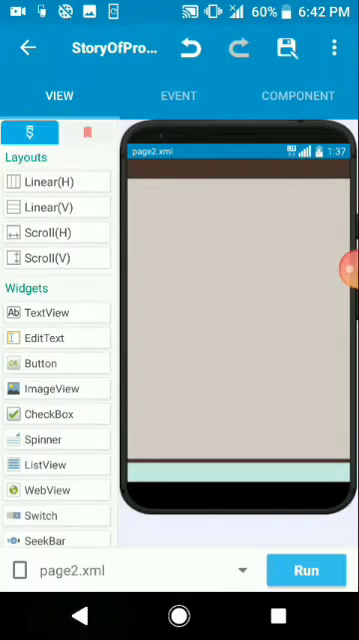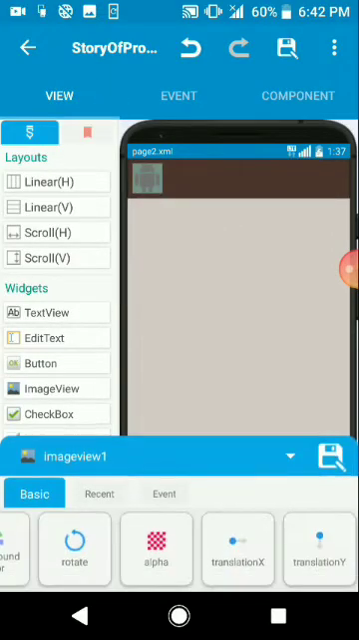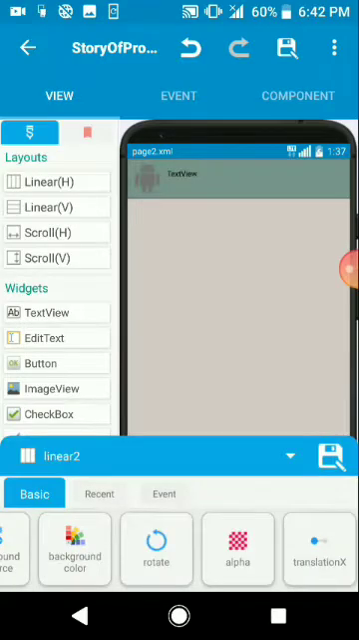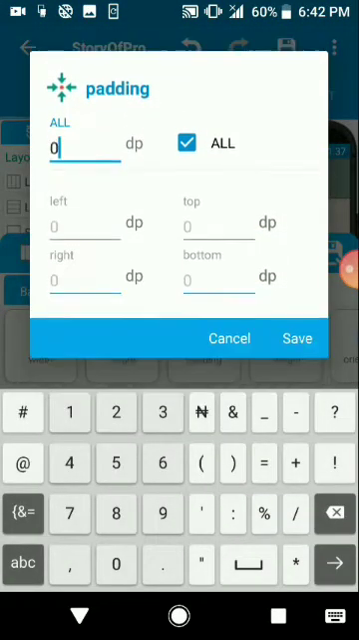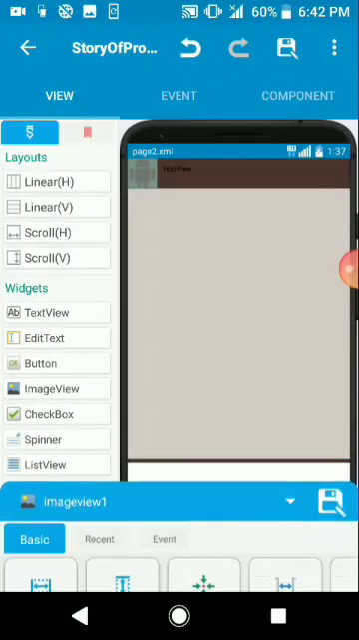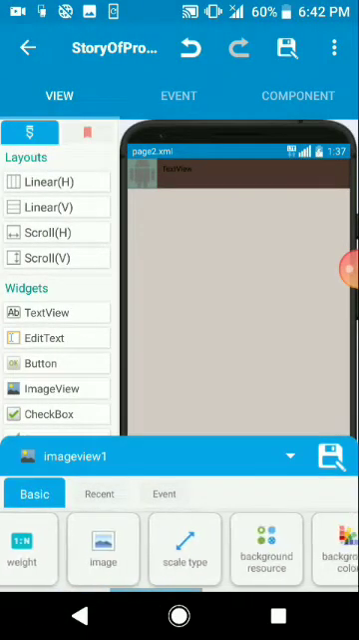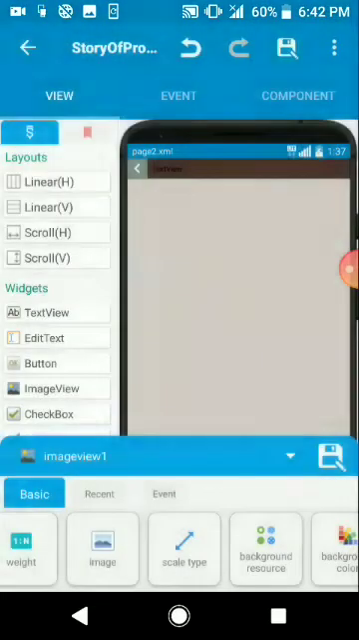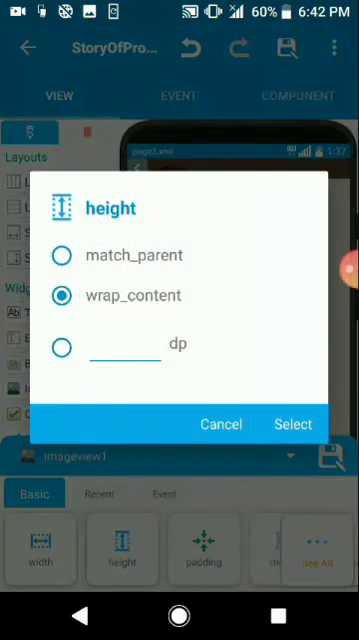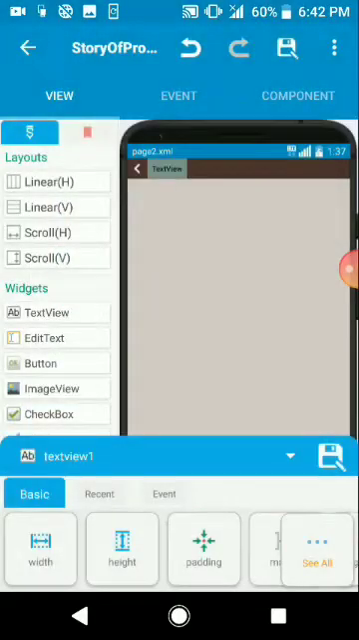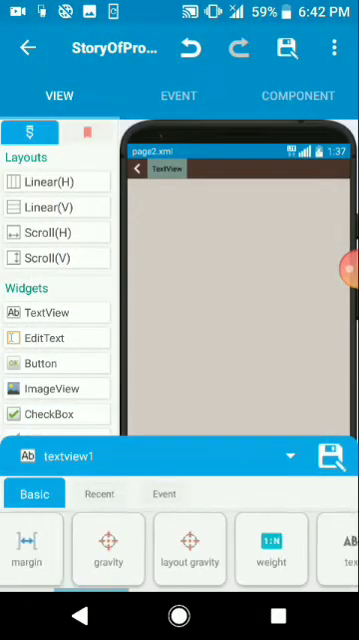Alright, can you see what we're having here? So don't forget your image view, your text view. So to save, we have not removed the padding for our header. So now we are done with this. Select your image. Okay, then let's make the height should be match parent. Alright, then the text view,